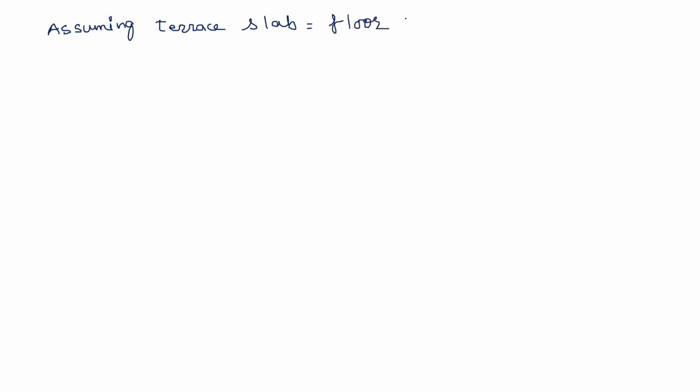If nothing is given different, then we will consider the same floor slab load. Now we have total G plus 2 storey, and therefore load from 3 floors